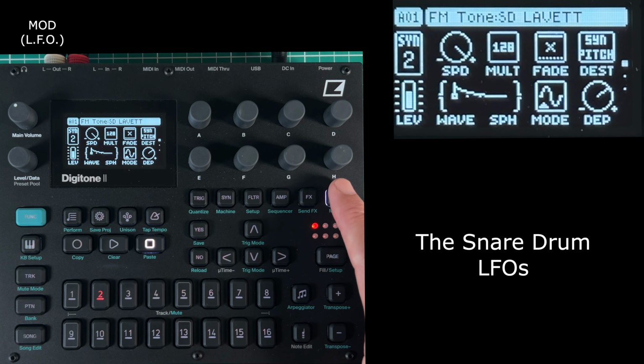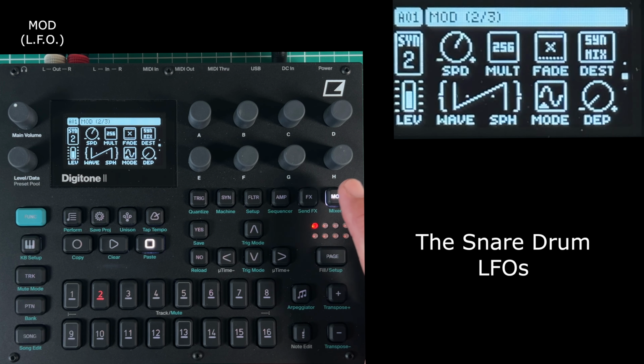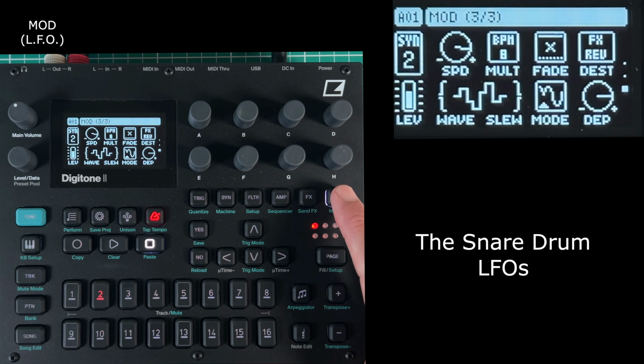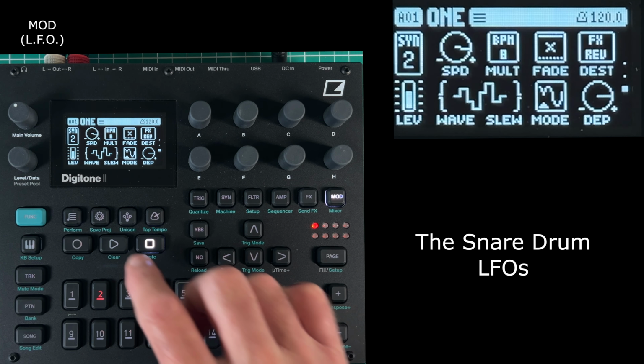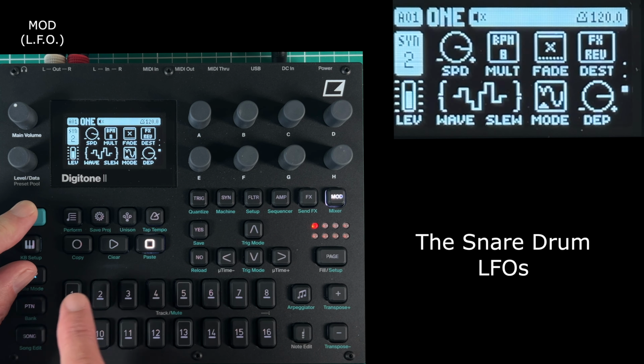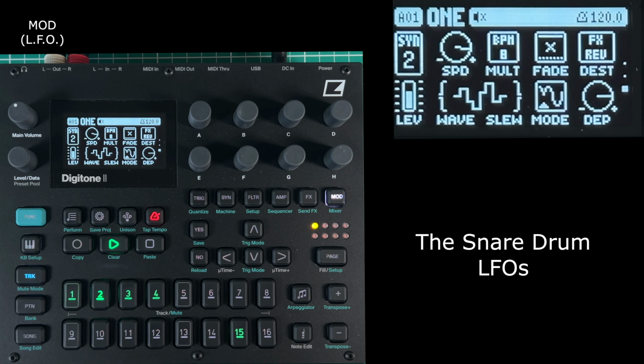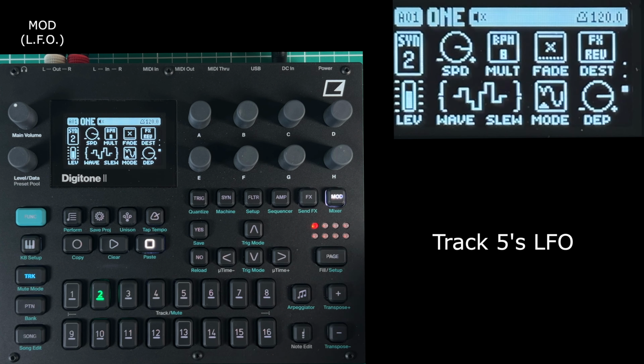Again, if we go through the modulators, you'll see modulator 1 is synth pitch, 2 is synth mix, and 3 is the amount of reverb. I put that one in myself. Let's go to the mutes and just put the snare drum on. Notice how that reverb jumps up every now and again. It's just making your sequence sound less boring, less predictable. Now if we go to the 5th track,